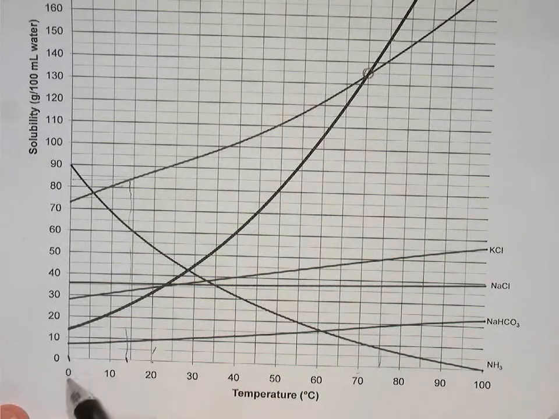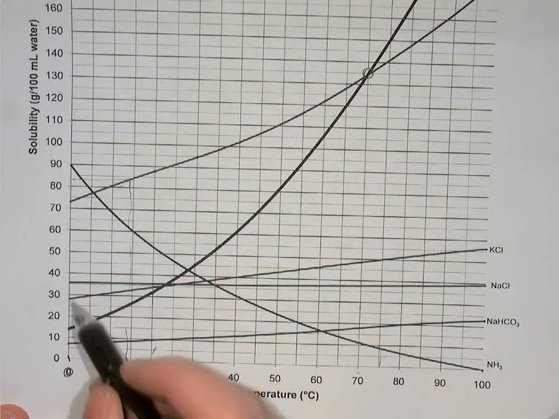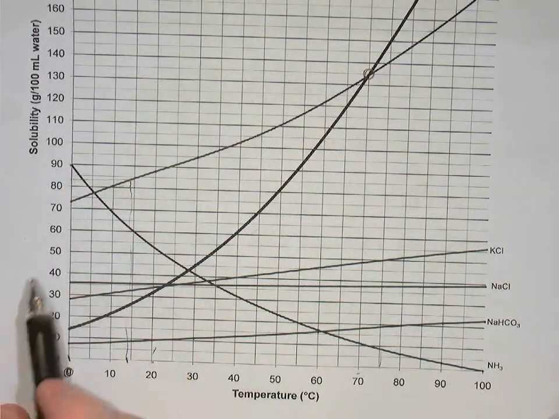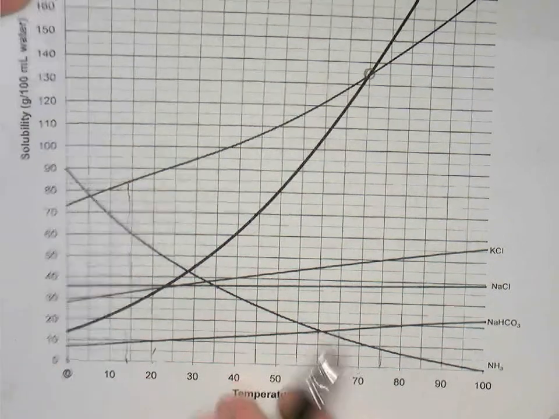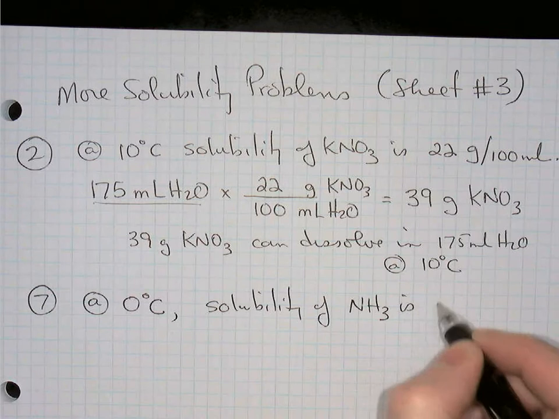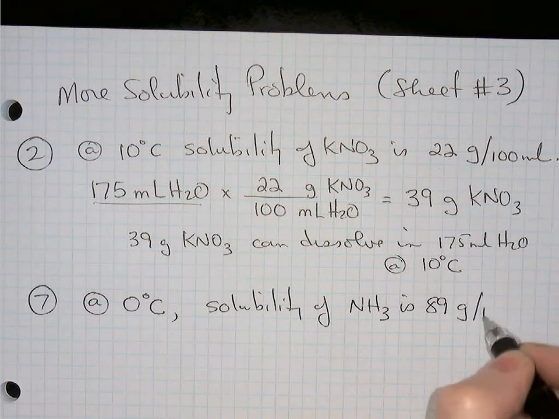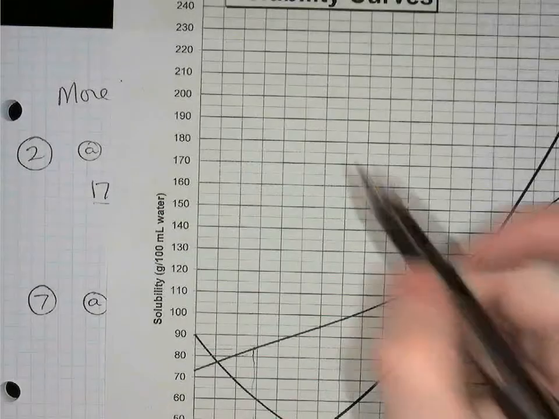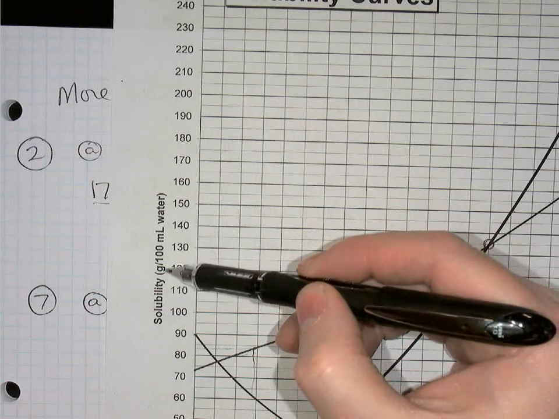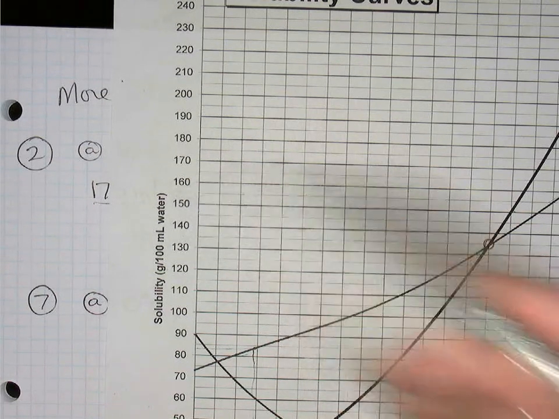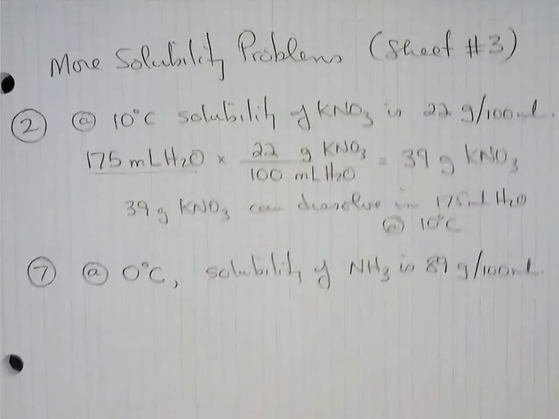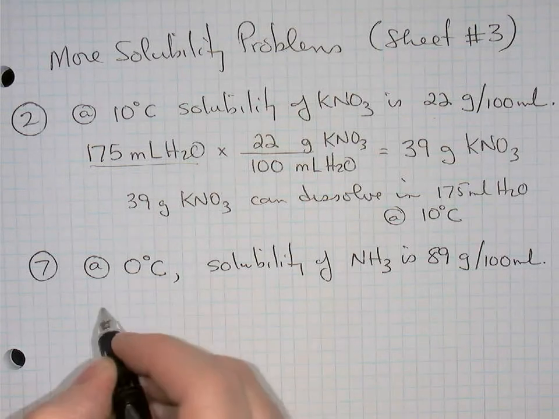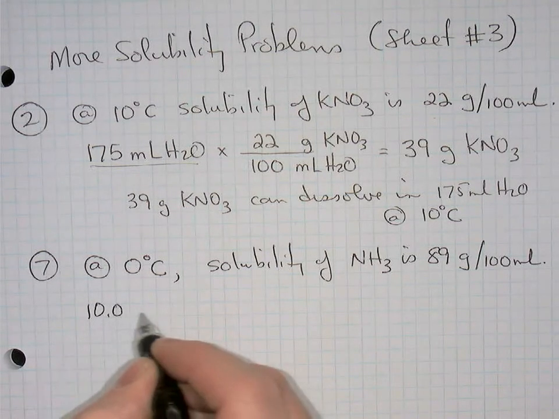We're in ice water, so 0 degrees Celsius on our x-axis, and we go straight up to the ammonia curve, and it looks to be just below 90. So I'm going to say 89 grams per 100 milliliters of water. And again, those are the units on the y-axis, grams of substance per 100 mils of water. Now, the question said that we have 10.0 grams of ammonia, so we'll start with that,